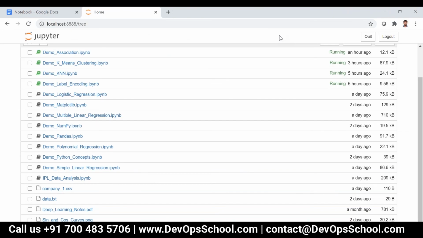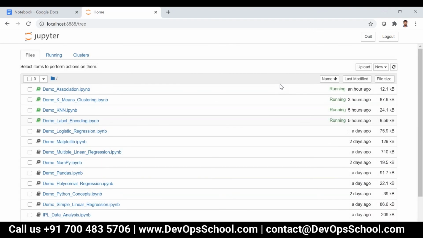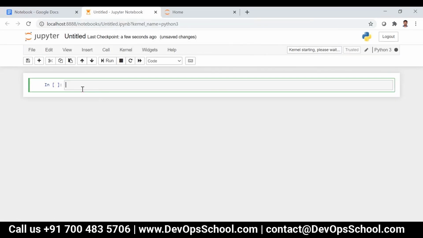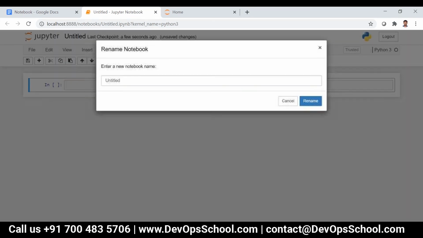Okay, so we'll see some model. This particular module needs to be installed, and this is image classification.